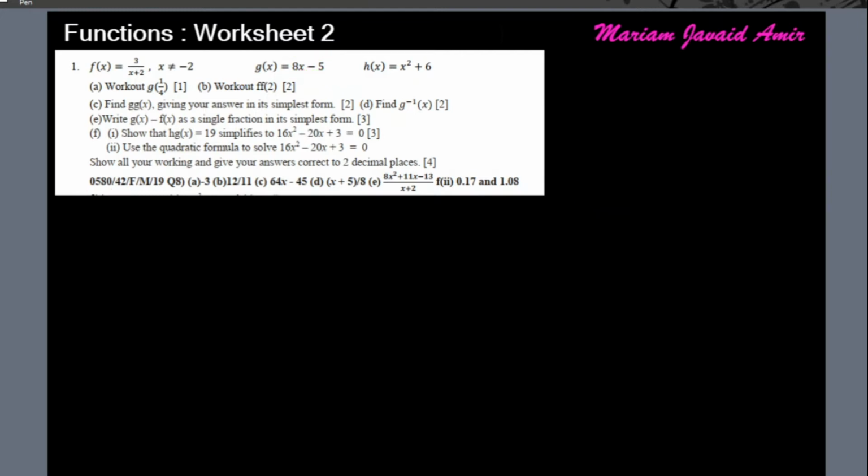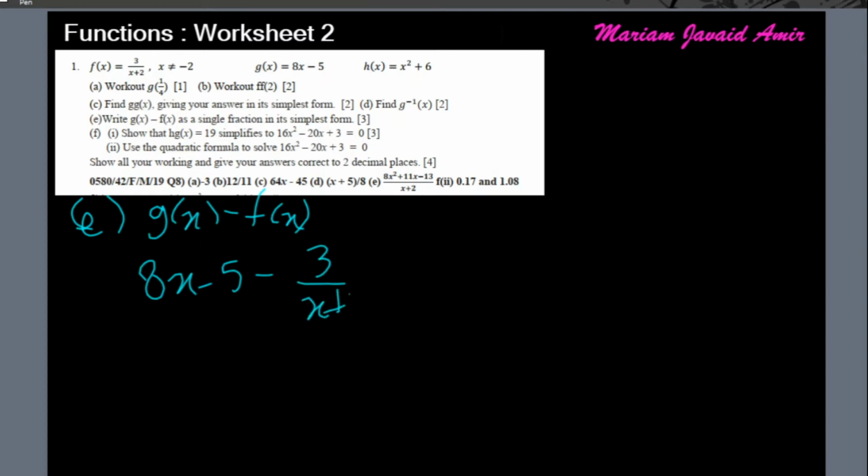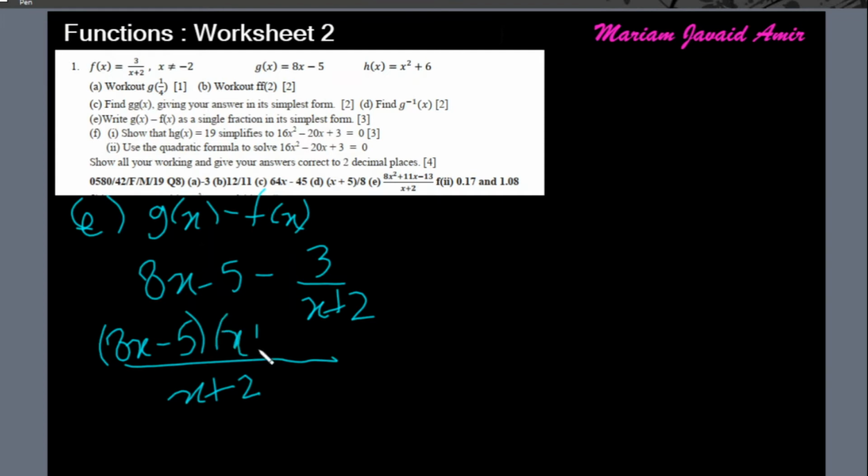Part E, write g(x) minus f(x) as a single fraction in its simplest form. So g(x) is 8x minus 5, minus f(x), so minus 3 over x plus 2. Take LCM, we get x plus 2, and then (8x minus 5)(x plus 2)